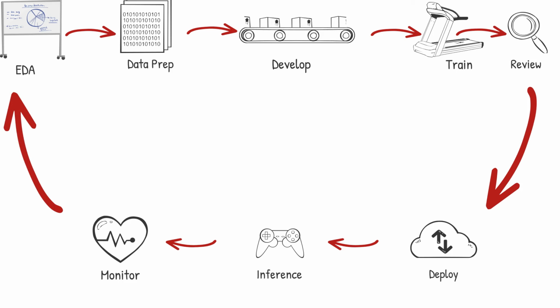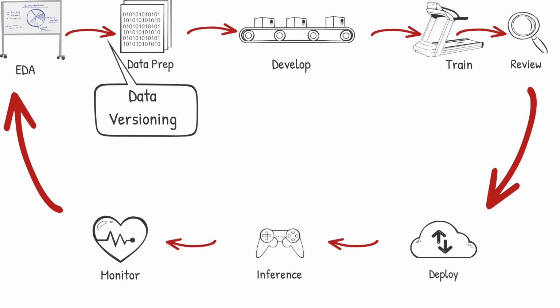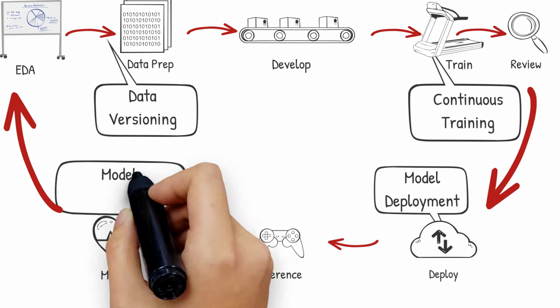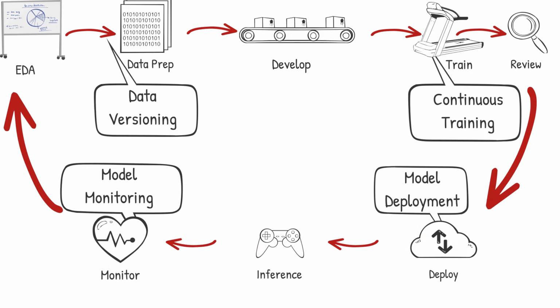So if we try to focus on the key highlights from MLOps process, data versioning is given prominence along with the actual model code versioning, unlike DevOps, where application code versioning is of utmost importance. Further, in MLOps, continuous training holds a lot of significance, whereas in DevOps, continuous integration is of primary focus. Further, in MLOps, model deployment and monitoring is in focus, whereas in DevOps, primary focus is on application deployment and monitoring, which is an obvious difference.